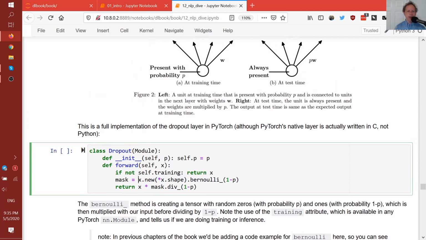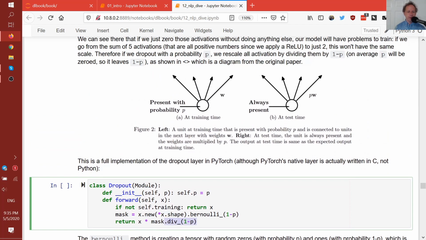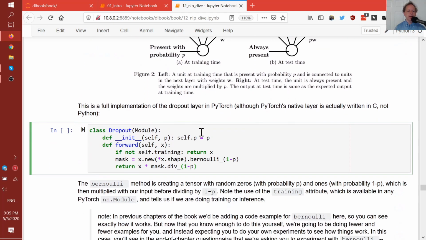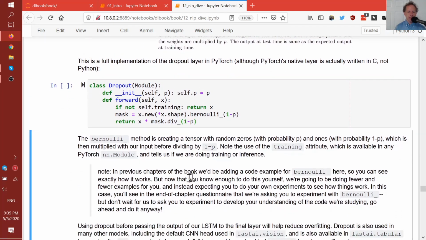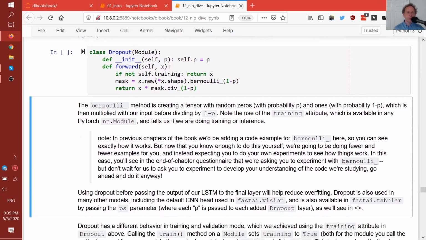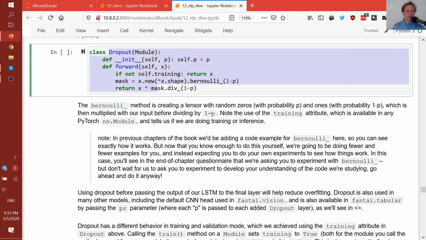So you should check out some of the details, for example, about why we divide by 1 minus p, which is described here. Normally, I would show you an example of what Bernoulli does in the lesson. But of course, nowadays we're getting to the advanced classes, so you're expected to do it yourself. Be sure to create a little cell here, create a tensor, and run Bernoulli_ on it, and make sure you see exactly what it's doing